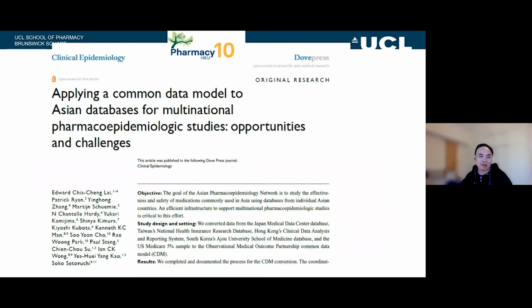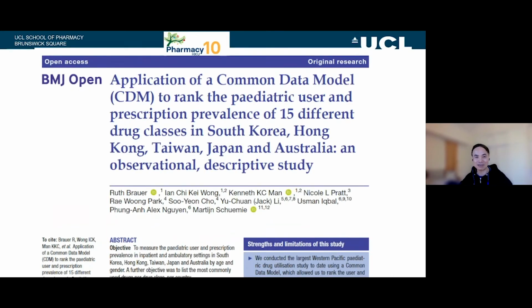We have actually worked on the common data model and also looked into the Asian database for quite a while with some of our colleagues. Patrick is also in this paper. We looked into the opportunity in the past many times, and then we worked on some studies, not precisely in Odyssey, but in the common data model. This is some of the work that we've done between UCL, Hong Kong, and also with Nicole here. That is the background: we have used the common data model for quite a while.